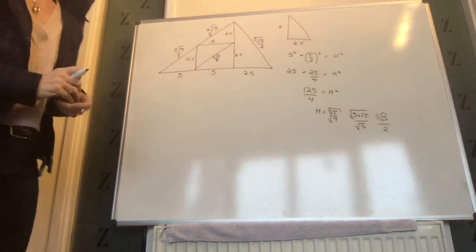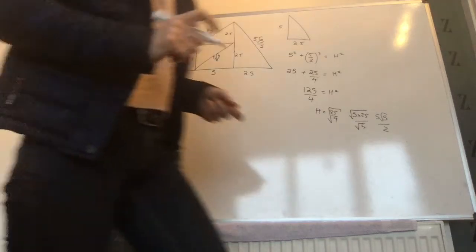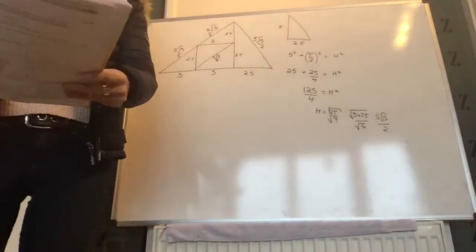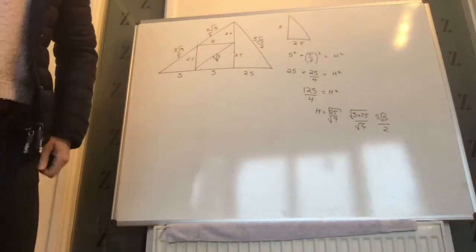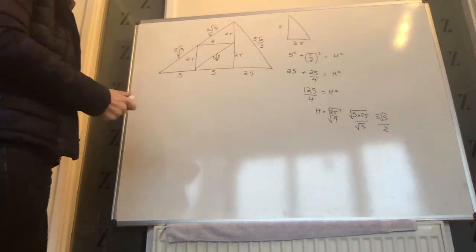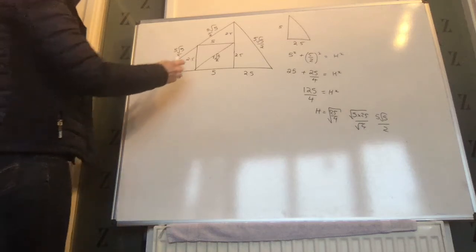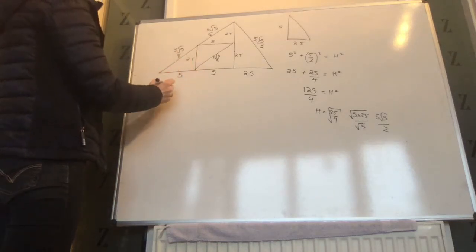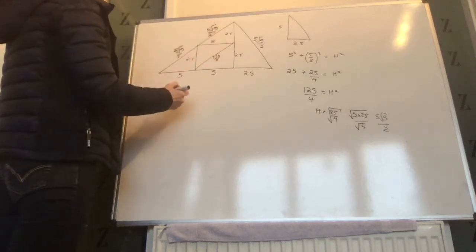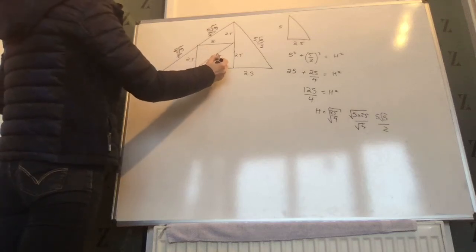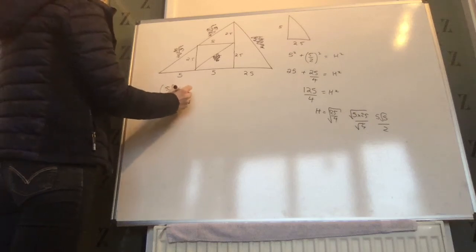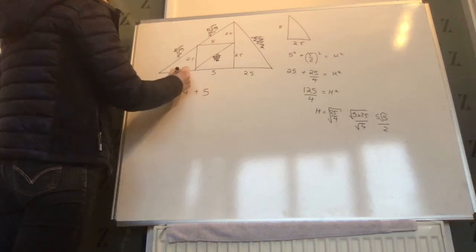Okay, and what was the question that was related to that? The question was the total length of timber required. Okay, so the total length of timber required is, each of these is a piece of timber, I'm assuming. So we have a 5 root 5 over 2, that's 1, 2, 3, 4, 5 root 5 over 2 by 4, plus we have a 5,